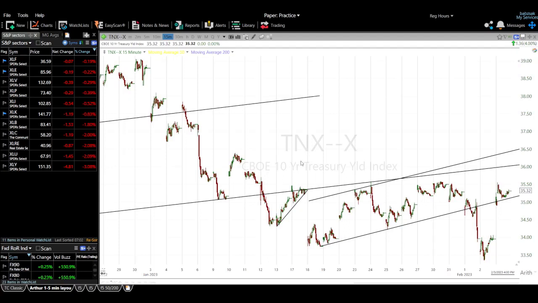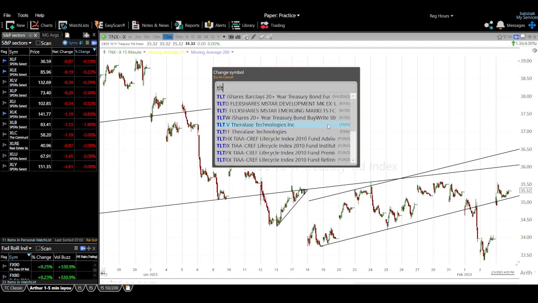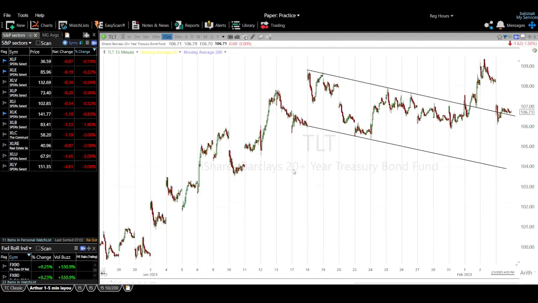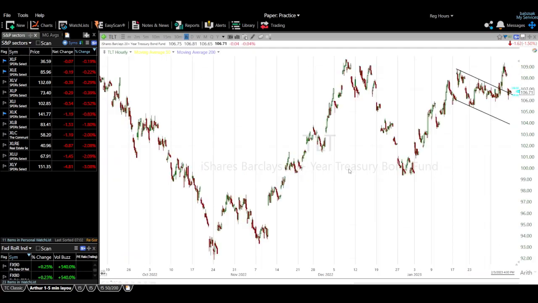So if we come back to TLT, remember that yields and bond prices trade opposite of each other. And TLT is the 20+ year. But we did have this really nice bull flag. So here is the flagpole. And if you see it on maybe a 60-minute chart, it looks a lot more vertical. And there's the